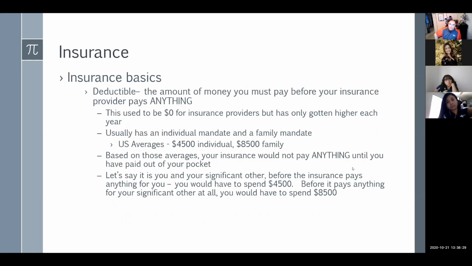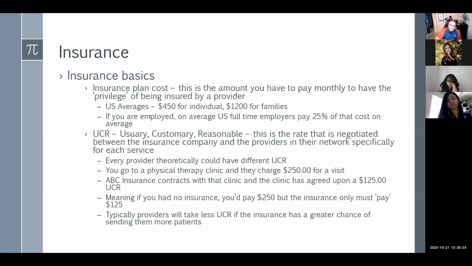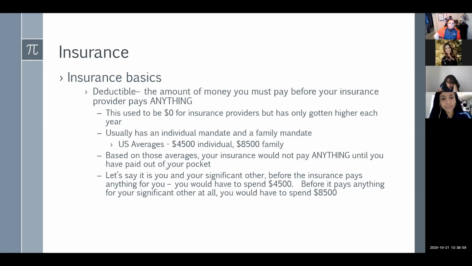Deductible. This is the amount that you must pay out of pocket before your provider pays anything. One of the nice things about the Affordable Care Act is it sets a maximum on deductibles. I want to say right now the max on deductibles is $9,000, which is still ridiculous, in my opinion, right? Because you figure this out: if you're paying $450 a month for your insurance, and on top of that, you have to pay $4,500 out of pocket,